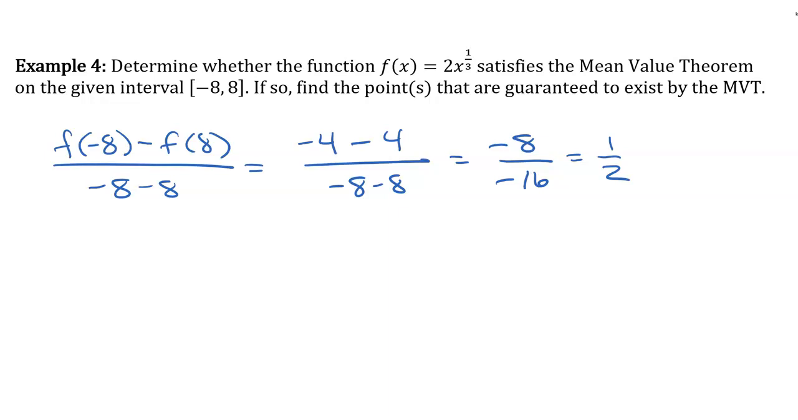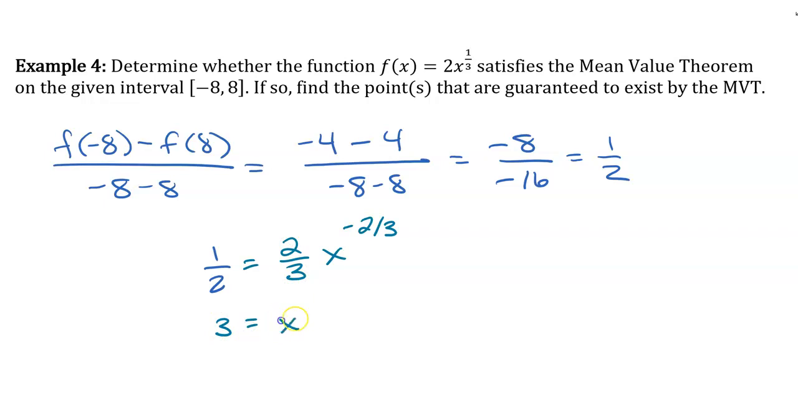So the mean value theorem says that something's wrong. Why is that wrong? That doesn't make sense. Okay, so the mean value theorem says that 1/2 will equal the derivative, so f prime of the number, so f prime would be 2/3 x to the negative 2/3, and solve for x. So let's see, we get